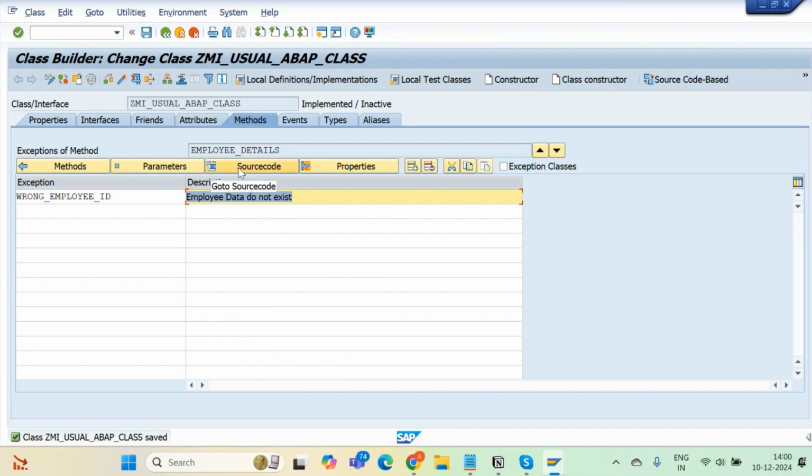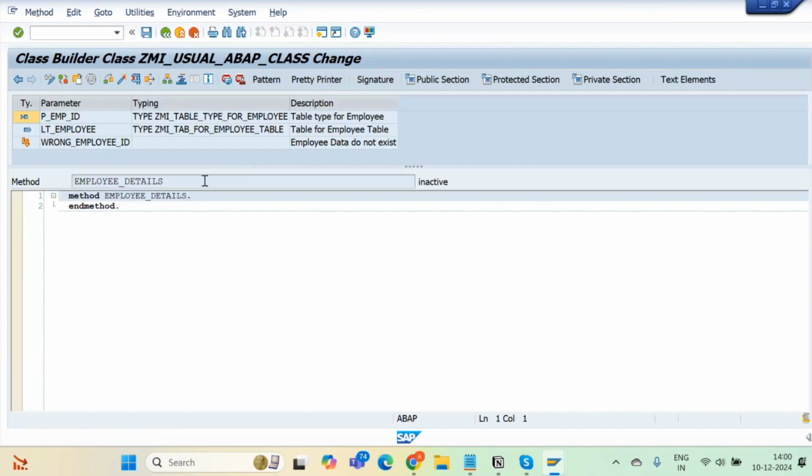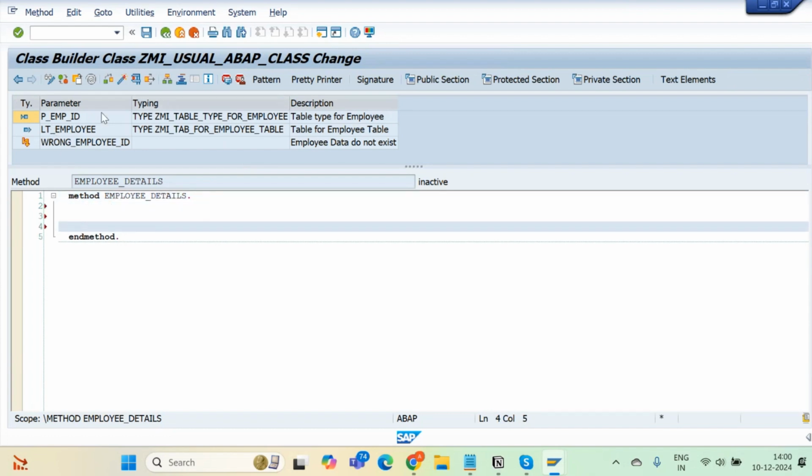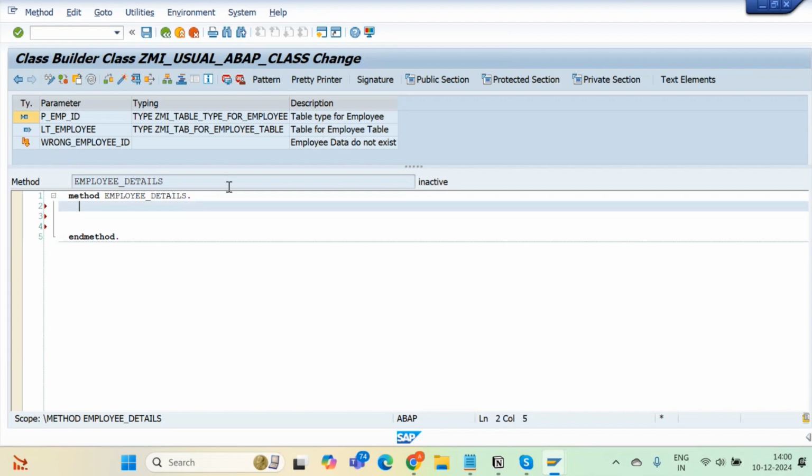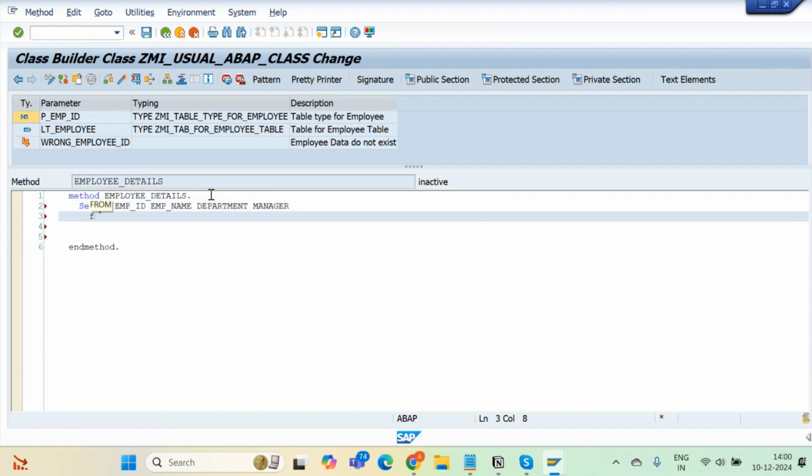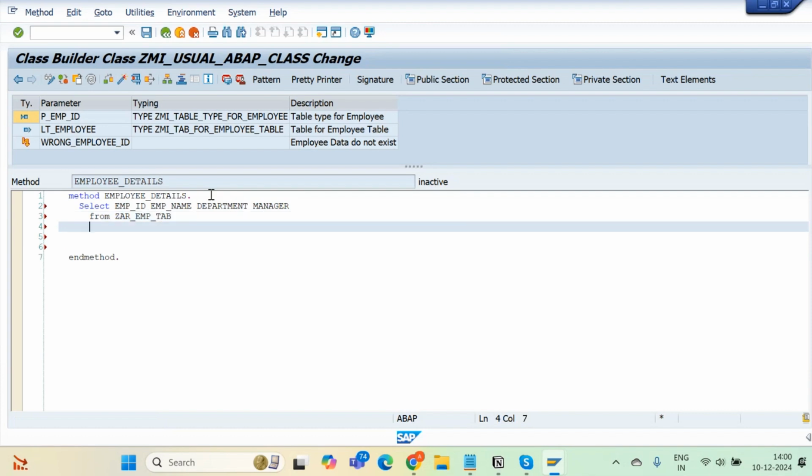So I will go to my source code here, and in between method, just see here, these are the parameters that we have created. Can you see? This is importing, this is exporting, this is exception, same stuff. You can write logic based on that. So select employee ID, employee name, department, manager from your table name, into table,